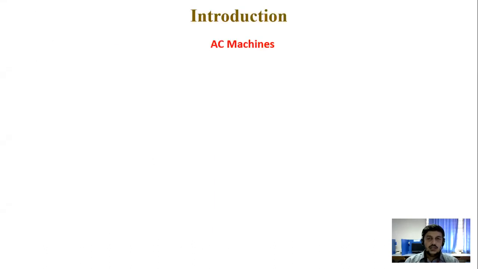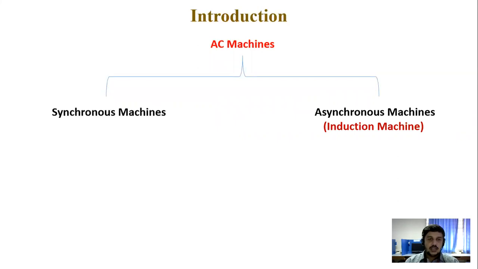I think all of you are familiar with the different AC machines. You have learned those machines in various courses. AC machines are broadly classified into two different types. The first one is the synchronous machine and another type is asynchronous machine. The name itself suggests that synchronous machines are the machines which run at a synchronous speed. Whereas asynchronous machines, which are also termed as induction machines, generally work at a speed which is different than the synchronous speed.